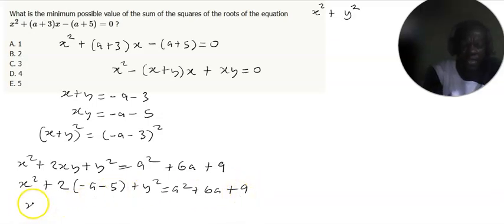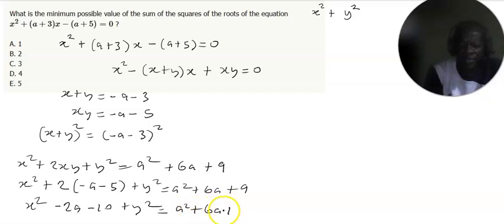So this becomes x squared minus 2a minus 10 plus y squared equals a squared plus 6a plus 9. Now moving minus 2a minus 10 to the right side of the equation, this becomes x squared plus y squared equals a squared